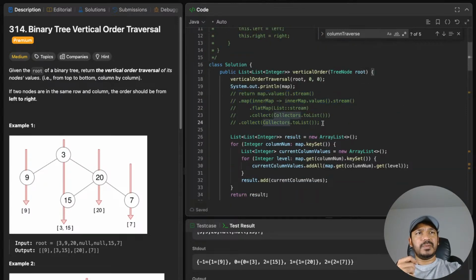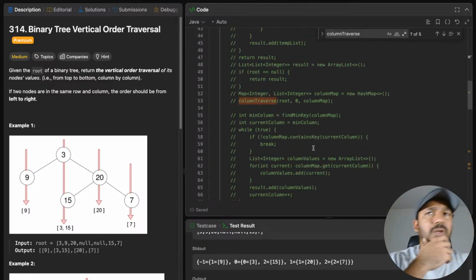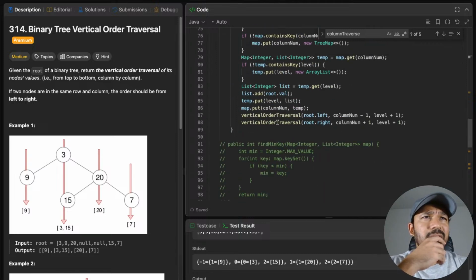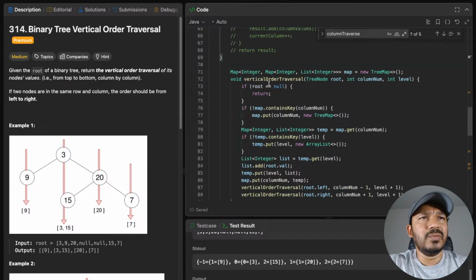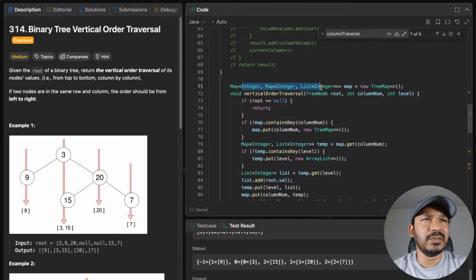Yeah, so let's keep it for now. Okay. Yeah, what are the other approaches? So this is one of the approaches. So we just vertically traverse through each of the nodes. We kept the reference of the current node, and then we kept the column number, and then we kept the level number. And then, okay, this organization, just remember this organization,